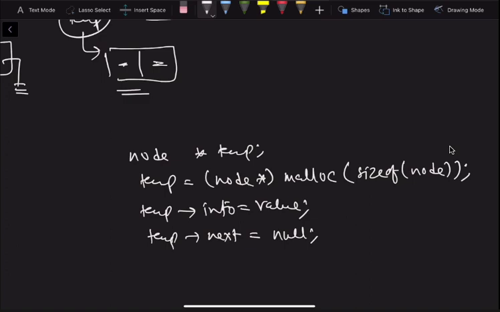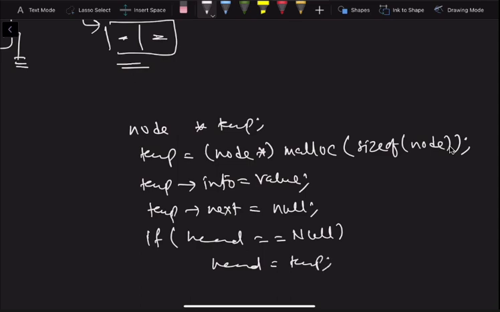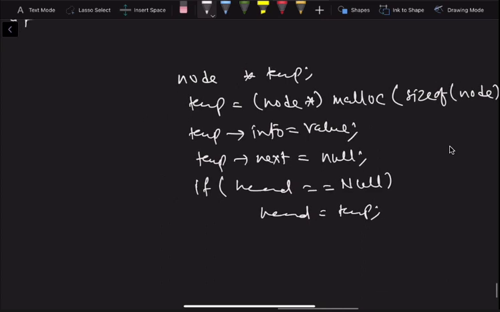This is what we have done. Okay. And then after this, if head equal to null, then head is equal to temp, the previous code which we have written. Okay. Now see this. In the first time, so again, you see here, I am writing some code, I am checking it by using dry run, then I am finding some problem, I am improvising my code, then checking again, then finding some problem, then improvising it again.